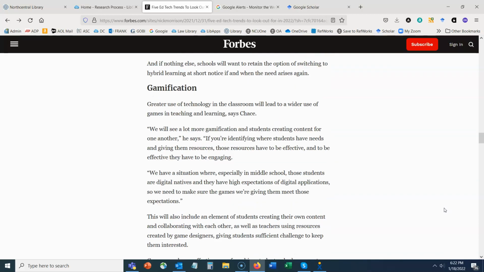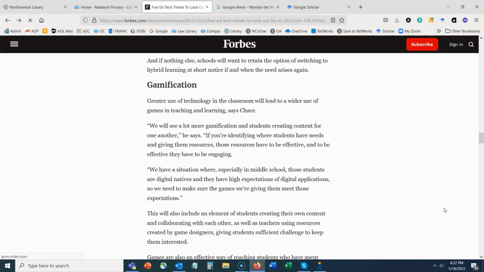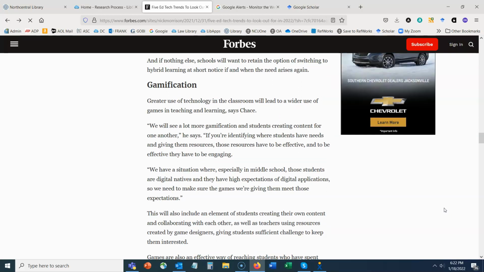Gamification, that was the end of that article. So it gave us a few major trends to look out for. So maybe that gives us the idea, well, I think I am interested in blended learning as it relates to educational technology. Jot down any ideas that you have. Do not edit these ideas. Just get them down so that you can go back and better formulate your ideas later on once you've sort of surveyed